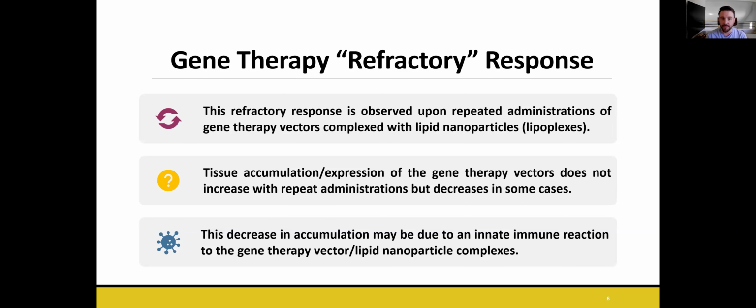And on the second dose, you would expect there to be 20 micrograms in the liver. And after a third dose, 30 micrograms. After a fourth dose, 40 micrograms, and so on. But with these gene therapy vectors, once you inject after the first administration, there's 10 micrograms of accumulation in the